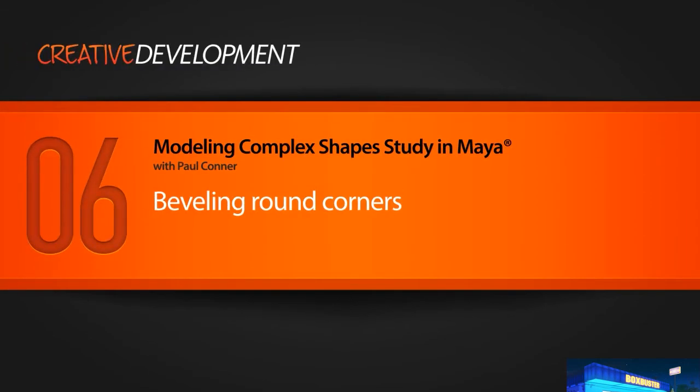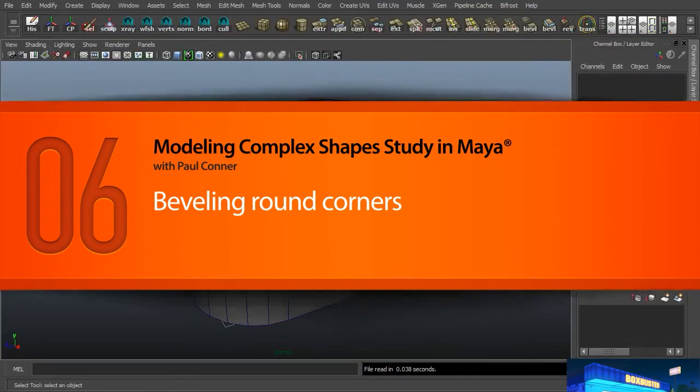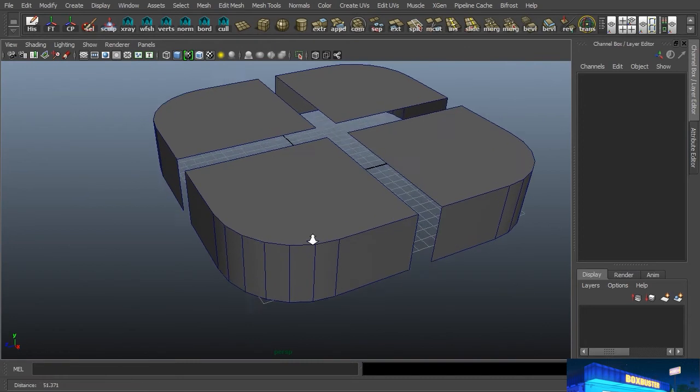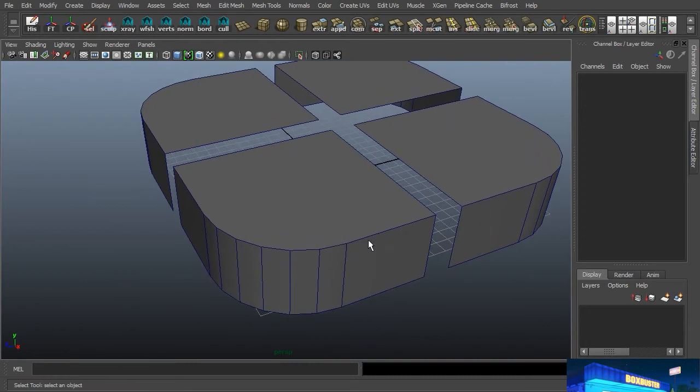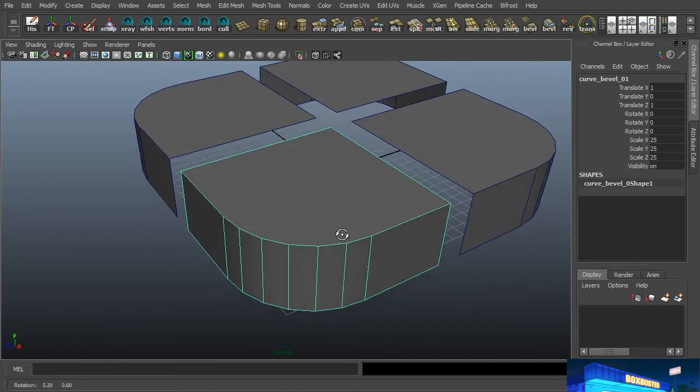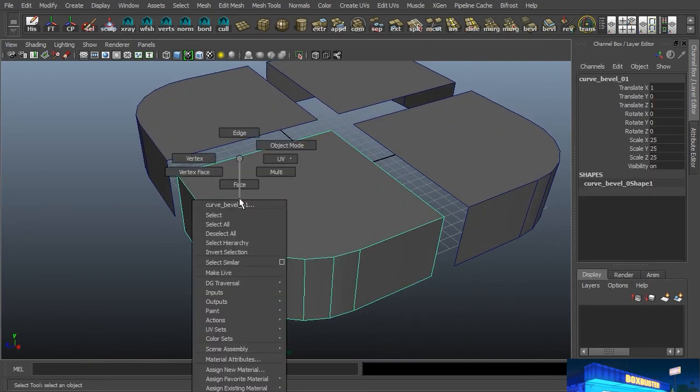In this lesson, we're going to talk about beveling the edges of an object when the object has a fairly round corner on it. If you take a look at our object here, you can see that it's basically a cube that has a fairly round corner. And what we want is to put a nice tight bevel along this edge right here and finish the object off. So if I select this, first off we'll just do one just as is,